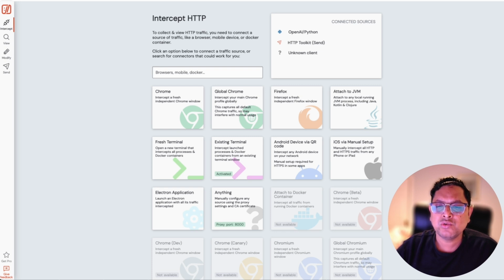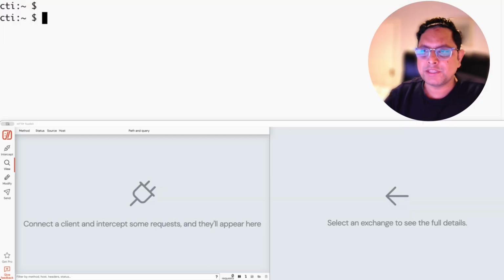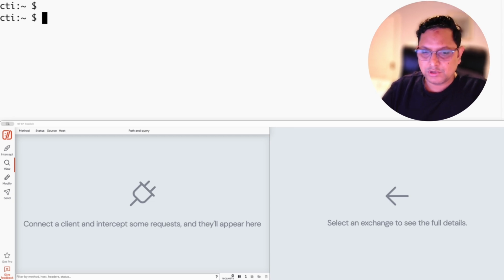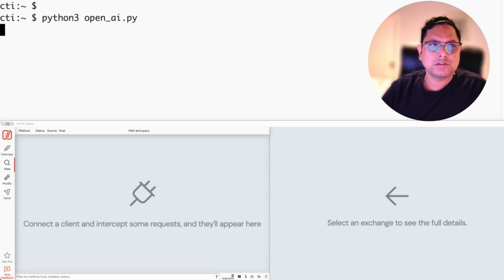For this demonstration, I am going to use the existing terminal option so that you can see exactly how the proxy configured and how it works. Let's get started. I already have a program for the Python and where I am trying to access the OpenAPI REST APIs. But in this particular example, I provide the wrong access API key. So let me try to hit this program. So if you will see,